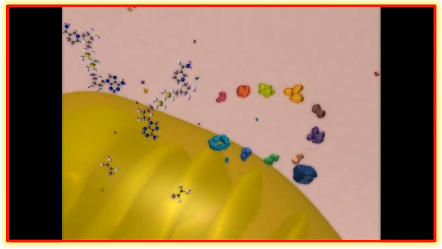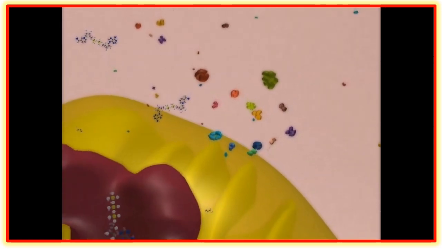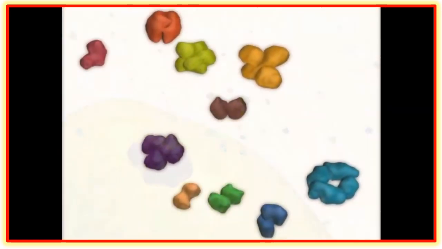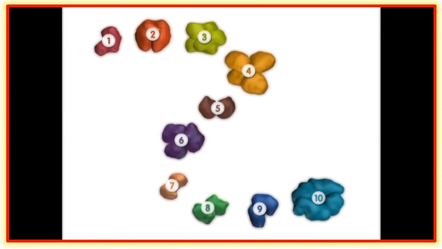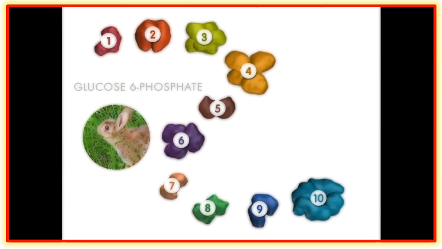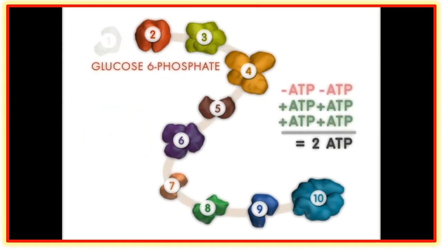Here, we depict glycolysis as a closed process. But in cells, substrates produced by other reactions can enter glycolysis at different points. For example, when an animal breaks down glycogen, glucose 6-phosphate is produced and can then enter the glycolysis pathway at the 2nd step. Importantly, this means one less ATP is required for the pathway because the first